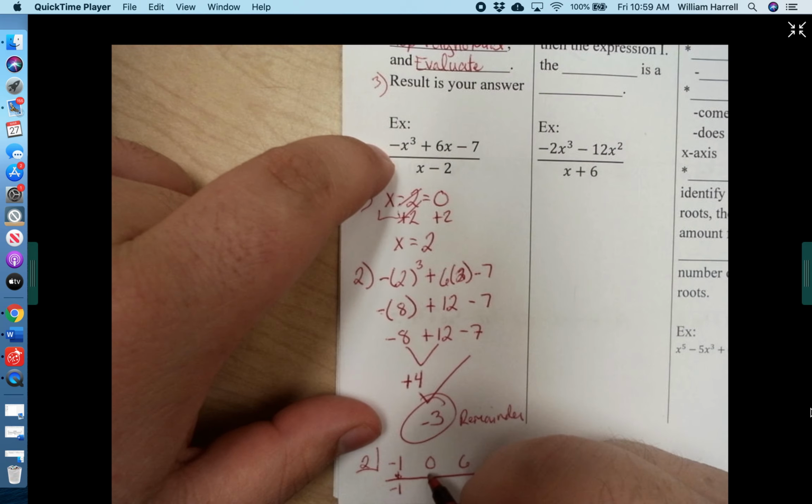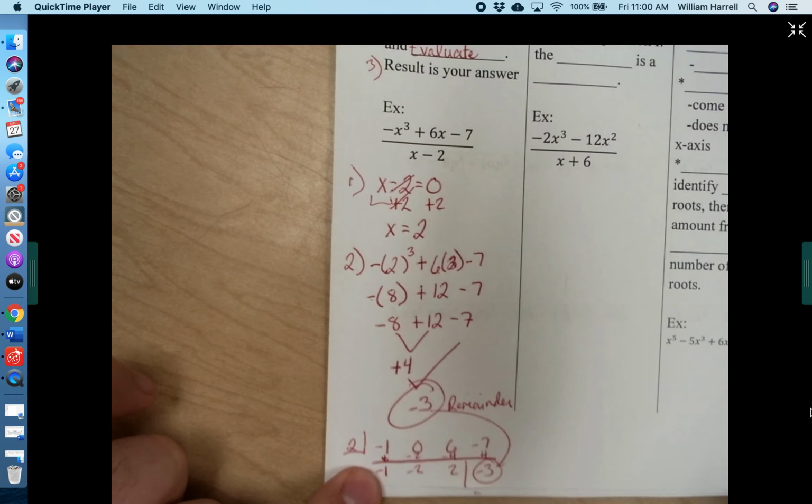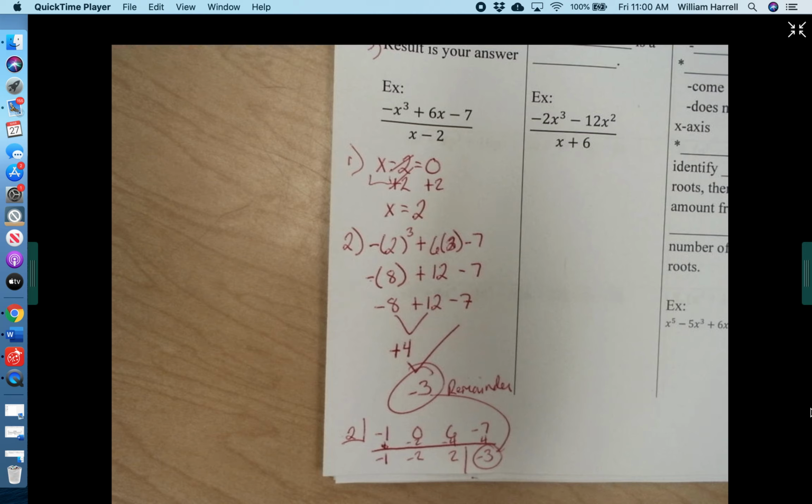Bring negative 1 down. We multiply: negative 2, negative 4, positive 2, positive 4, negative 3. Again, remainders are always at the bottom right. So my remainder is negative 3. Another way that you can go through here, quickly double check, get your answer, and essentially do these questions without getting it wrong,